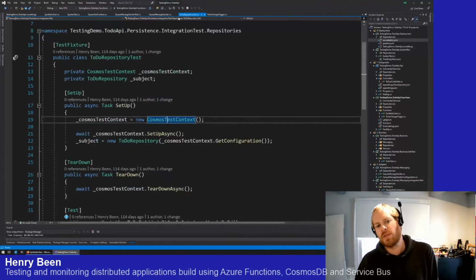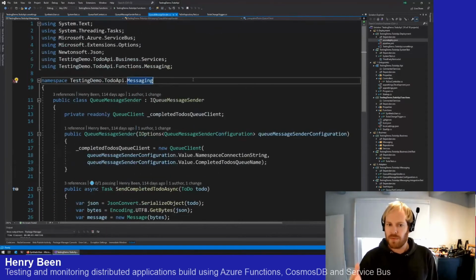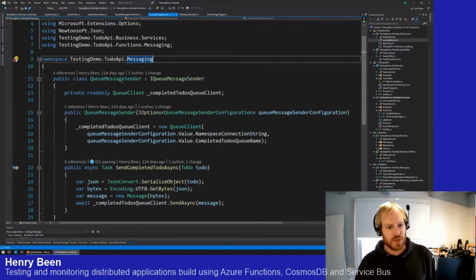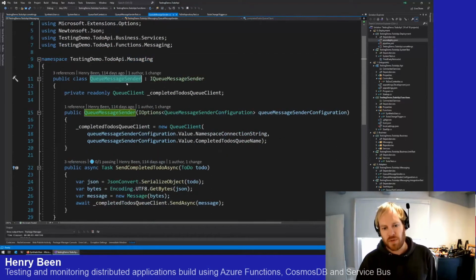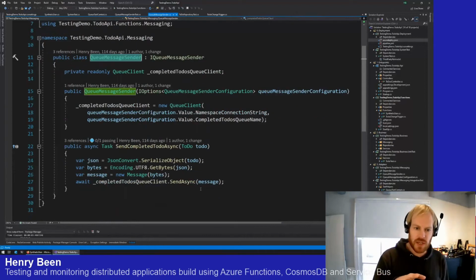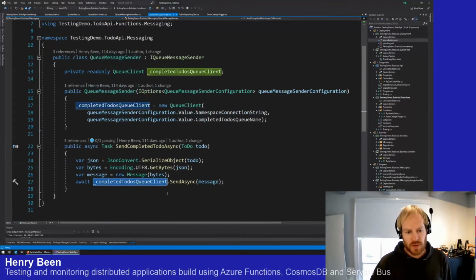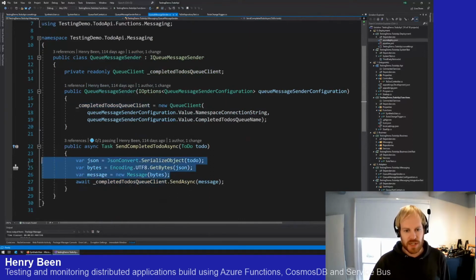Now, I also have a part of a system that writes messages to a queue. And here I can do completely the same thing. This is the class that sends messages to the queue. And if you look really closely at this class, it is nothing more than a small wrapper around the NuGet package for writing to a queue. It only handles the serialization and nothing else. Now, if I want to test this implementation,